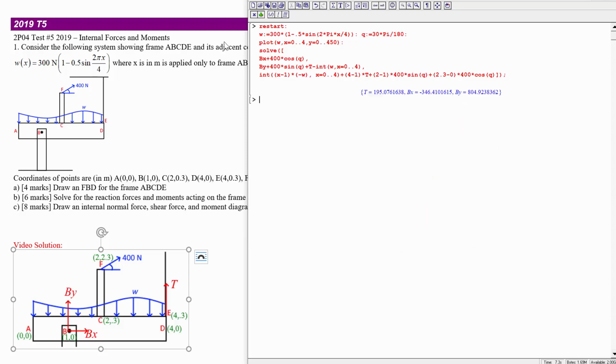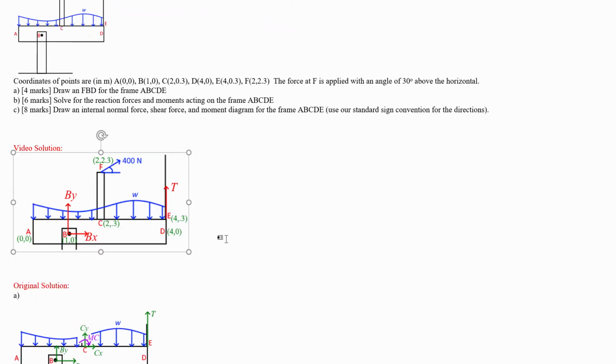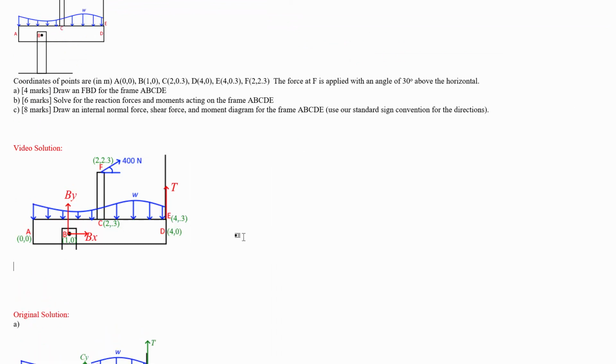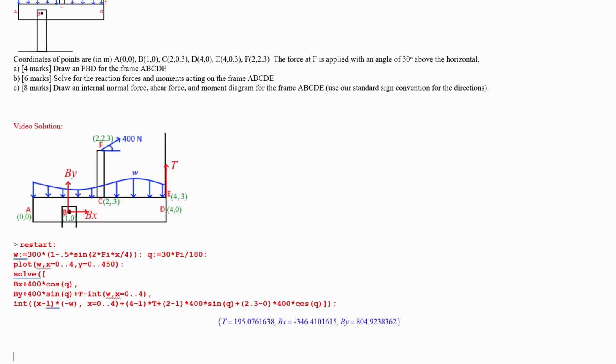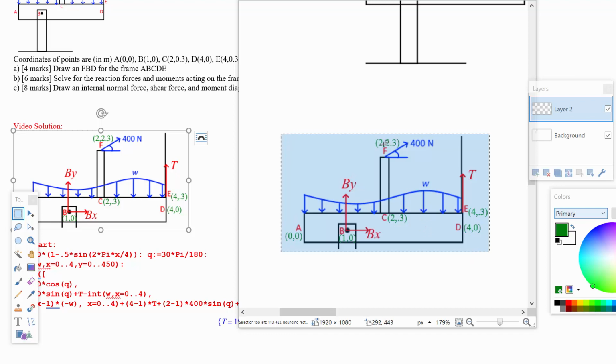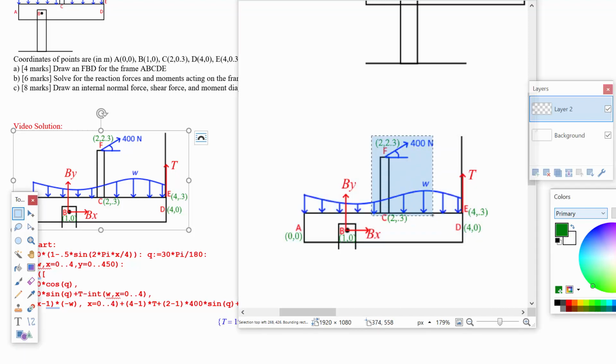So let's get rid of that and just put in the raw solving that we had as the solution to this. So we apply Newton's second law to this and find that out. Okay, now what we're going to do is do a free body diagram for just CF, splitting that apart and seeing what the internal force is there for us to be able to draw a shear force and bending moment diagram for ABCDE. To do this, we'll take this segment of it